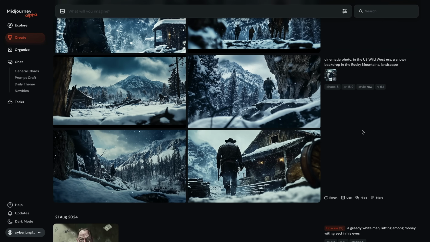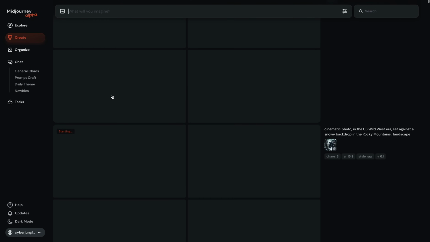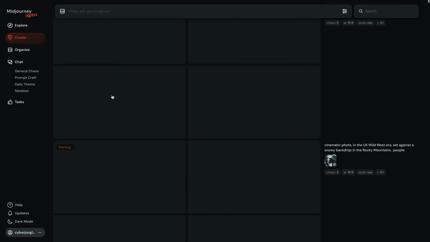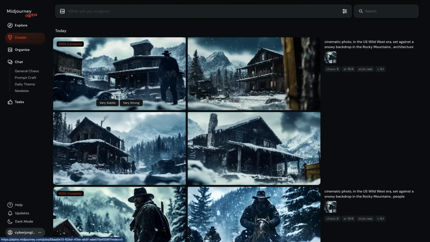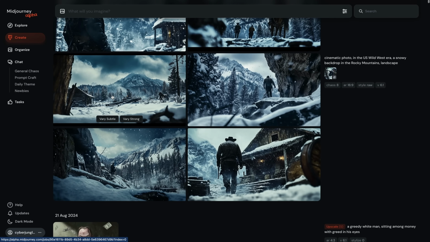Combining this prompt with the chaos parameter, C, will ensure that there's going to be a variation among the generated images. Increasing chaos leads to more unexpected and diverse results. I also added my style reference here in order to ensure that my universe is consistent with the rest of the images I generated. But as you can see, when I hit enter, it will create 3 jobs, total 12 grids. This one will consist of architecture, this with some people, and this with some landscape that we can use